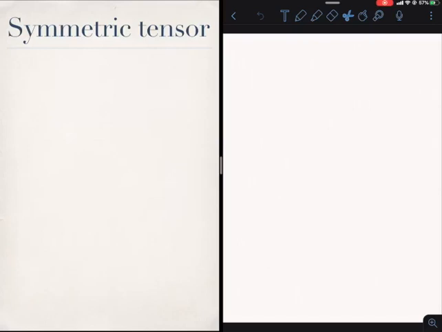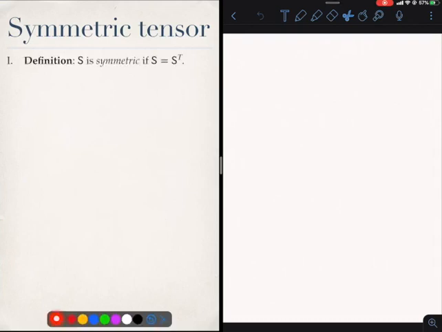Let's continue our study on tensors by focusing on three important types of tensors which arise in dynamics. The first one of them is the symmetric tensor. As you can guess, a symmetric tensor is a tensor in which the transpose equals itself. Okay, so for example,